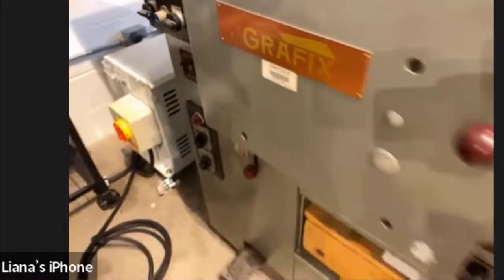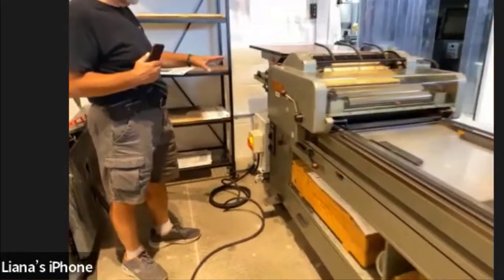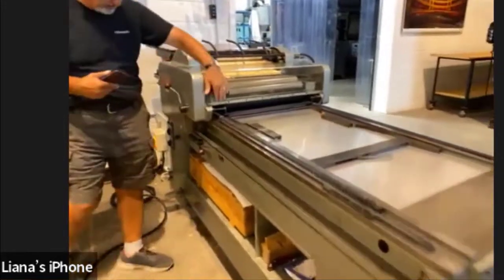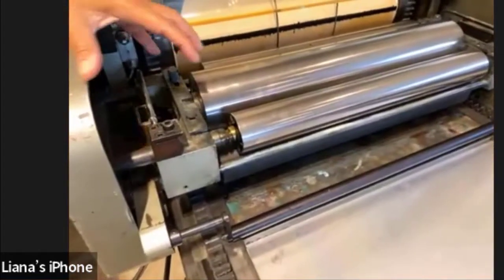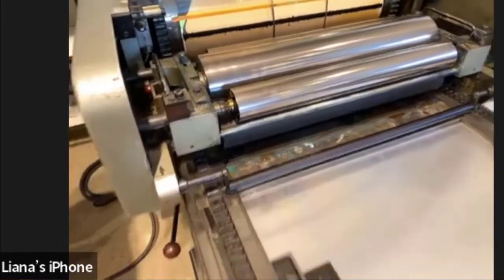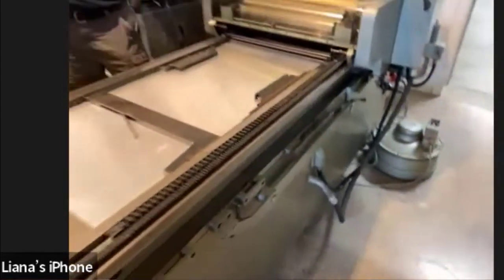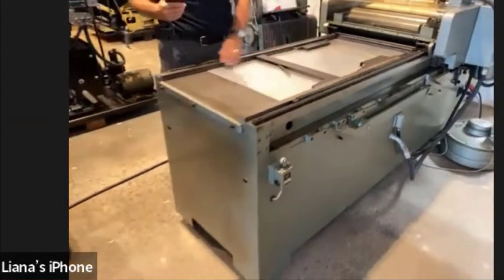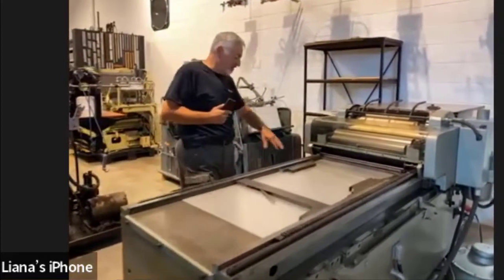But this can do a lot of different things. It's a total power machine. You've got a wash-up. It's got its own ink fountain, which I haven't got in there right now, which slides up in here. So if you did a long run, you could put the ink fountain in, and basically it's just like a regular press. You wouldn't have to stop and cap ink on rollers. It's Dutch height because it came from Holland, so we put some offset plates in here to build it up. It's got a lot of safeties,